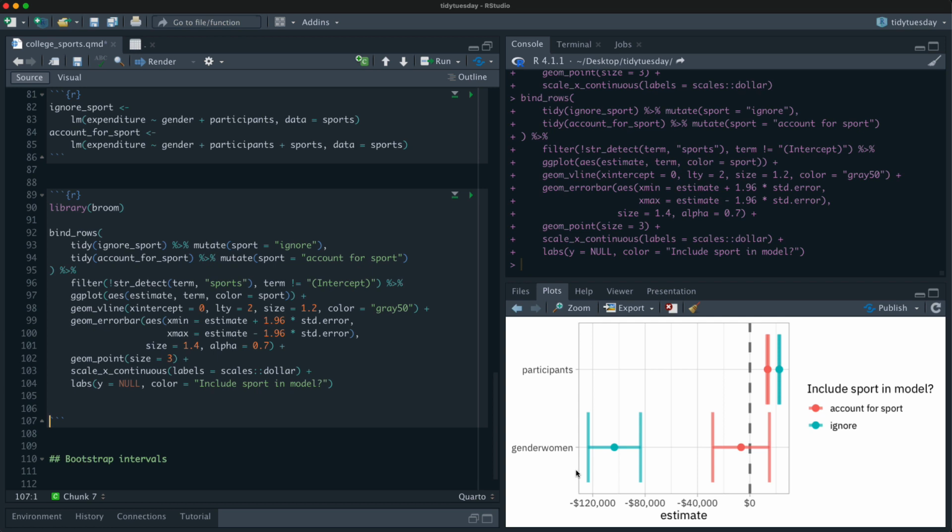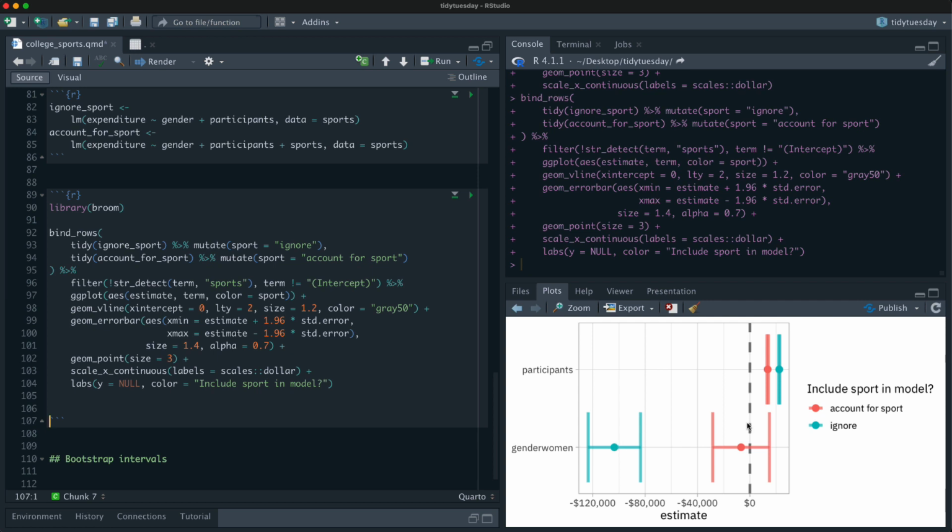Now let's look at this over here, when we look for a difference between women's sports and men's sports. If we ignore what sport they're playing, then look at this, like this huge difference for women's sports. I mean, like $100,000 less, right? Per team.